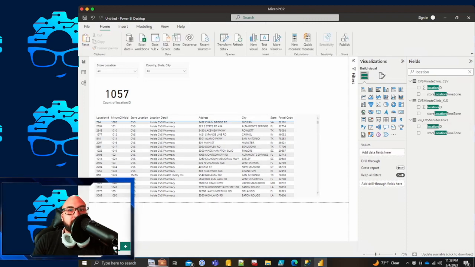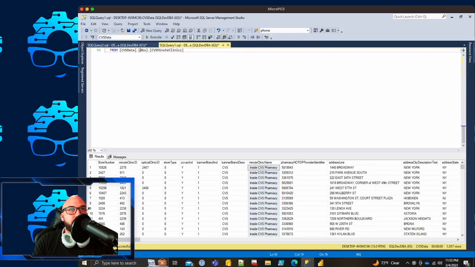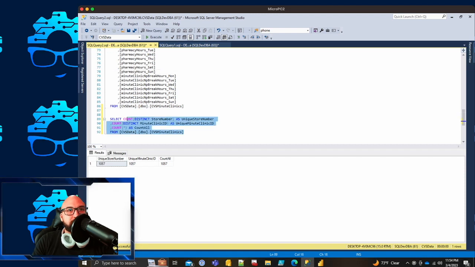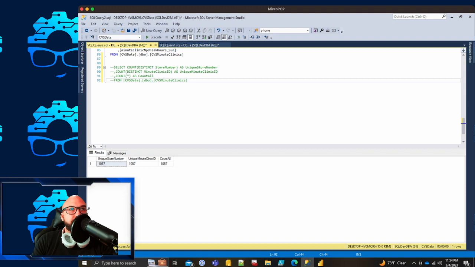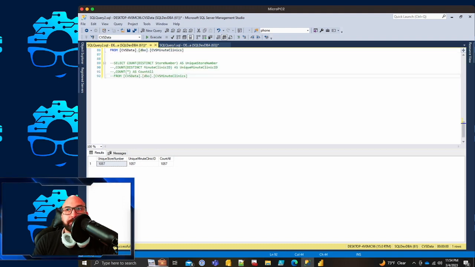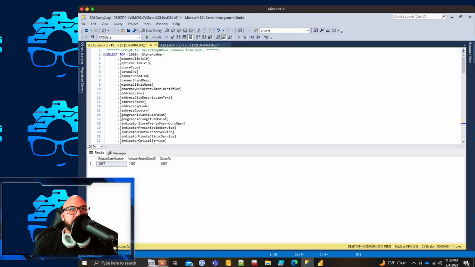So we're going to hop on over to SQL Server. We're going to go back to our view code. I'm going to comment this out because we don't really need it. We proved that we have 1057 unique values, so that's okay. What I'm going to do right here is for the store number, I'm going to cast it as int. And then we're going to keep the same name just in case. In Power BI,